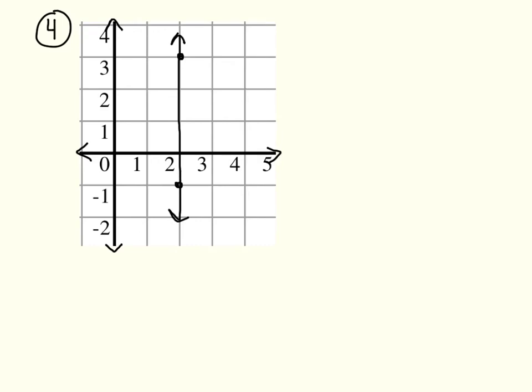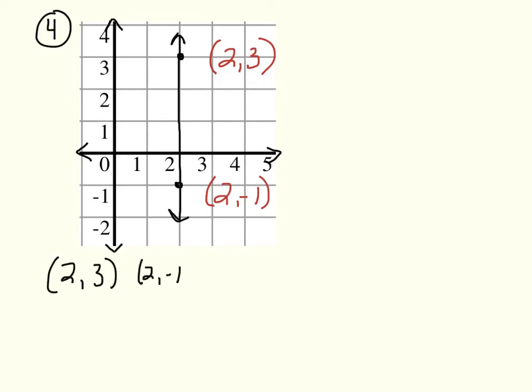Example number 4. Notice what your line looks like. Your line is a vertical line. So let's identify your points. This point is (2, 3). This point is (2, negative 1). So (2, 3),